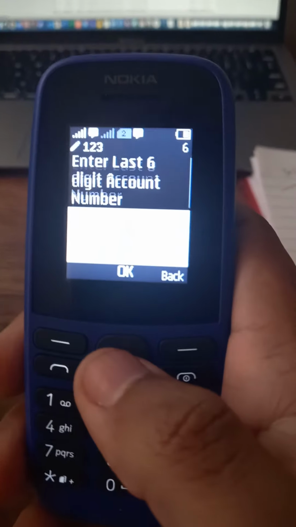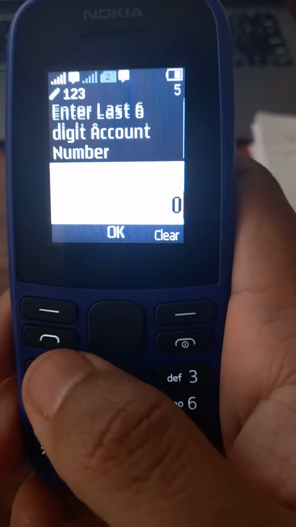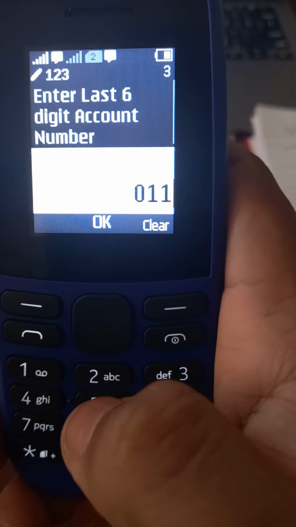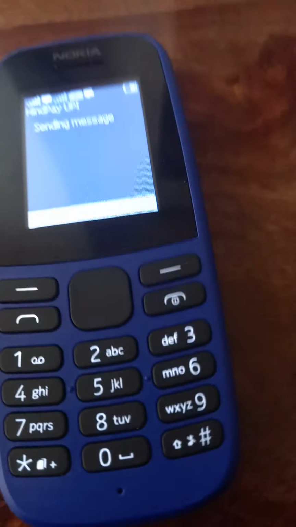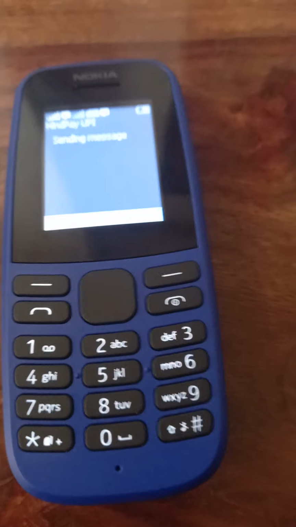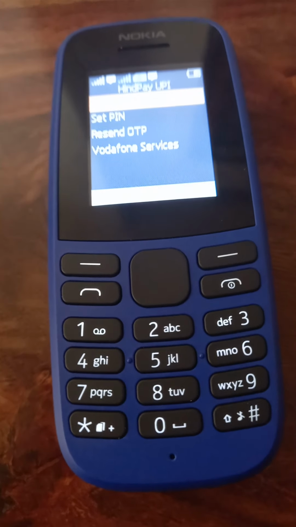Okay. And now the last six digits of the bank account number. Press OK. Now a message is being sent from the phone to the server for the UPI registration and device registration.